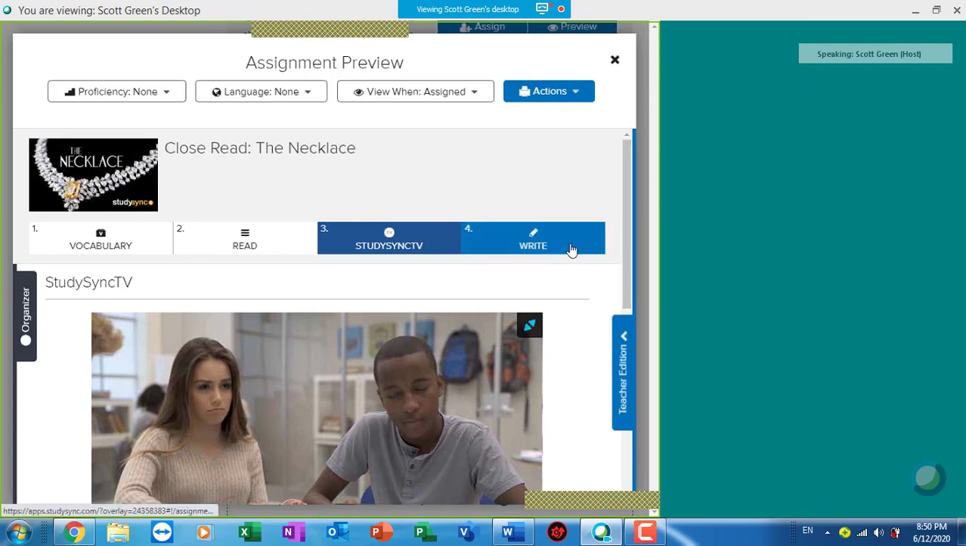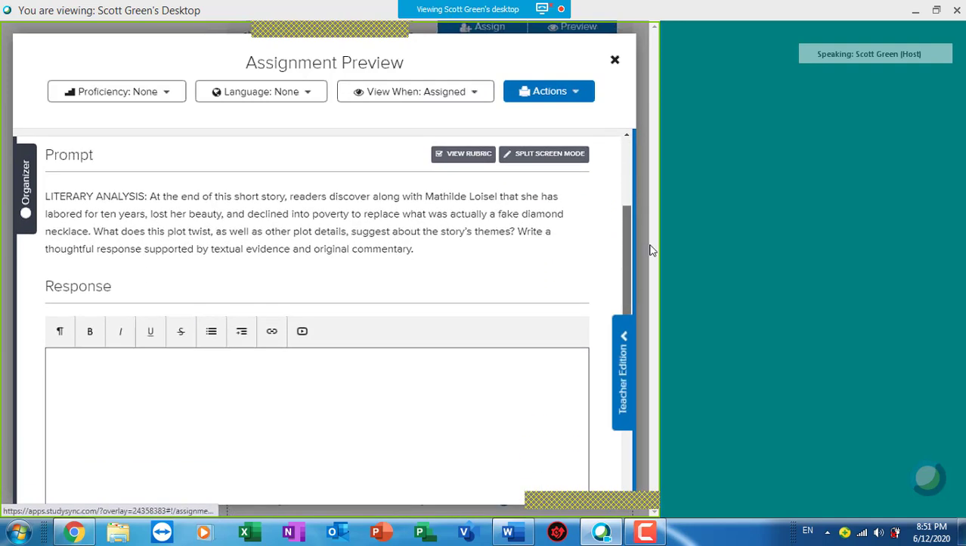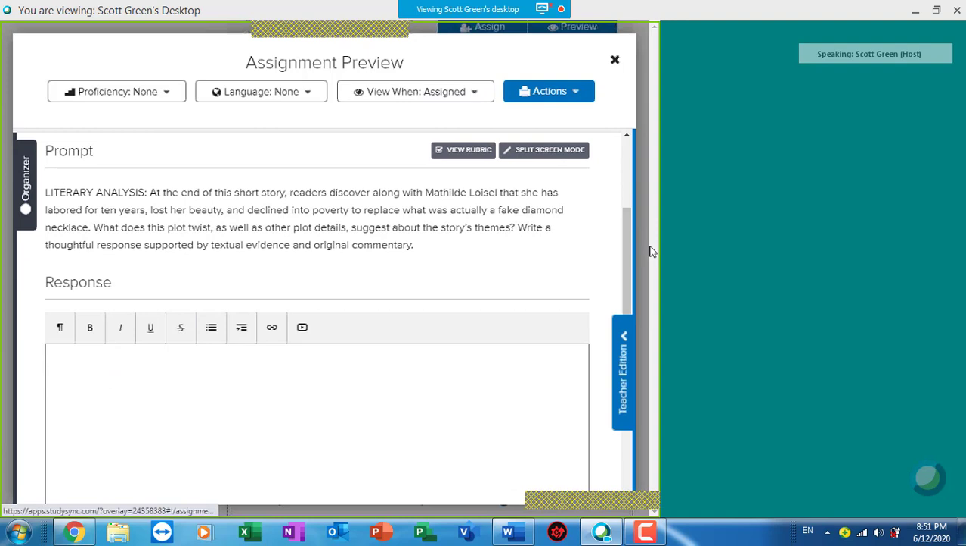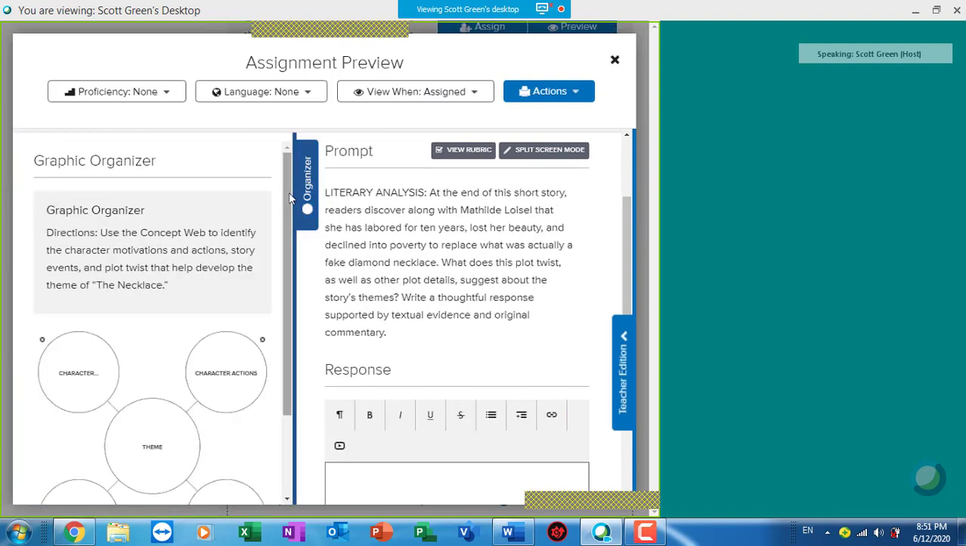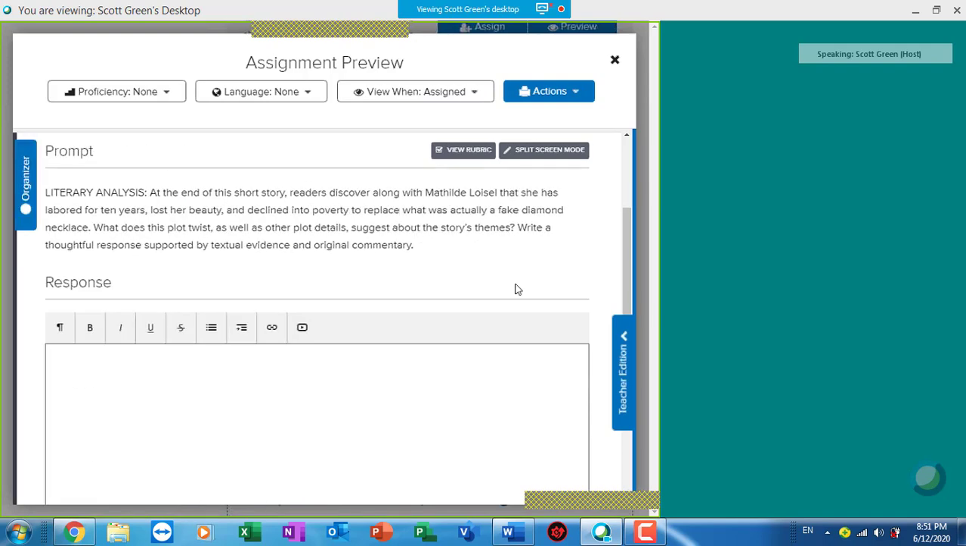And then finally, the writing segment. And here the students have a more extended writing prompt, in this case, a literary analysis. They can click on the graphic organizer to help with the organization of that writing. And like with all writing, this has the ability to have anonymous peer review. If the teacher assigns this, the teacher can decide if he or she wants the students to participate in anonymous